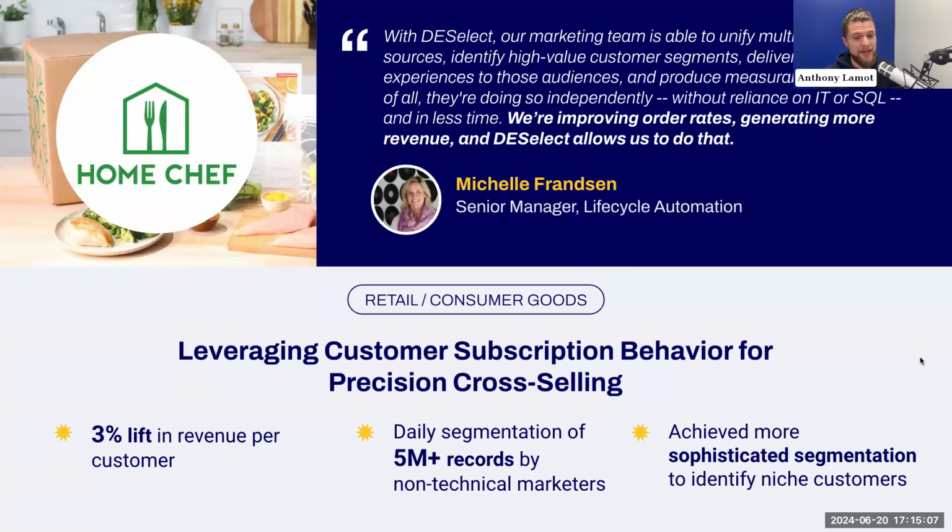And I think the main metric for me here is that they had a 3% lift in revenue per customer, which is insane. That's a fantastic result. These days, they're doing daily segmentation of over 5 million records, and it's non-technical marketers that can do that because they've been enabled. And they've achieved overall more sophisticated segmentation to identify niche customers, which in turn led to the higher revenue per customer. So to put it in the words of Michelle, the senior manager for lifecycle automation, with DESelect,